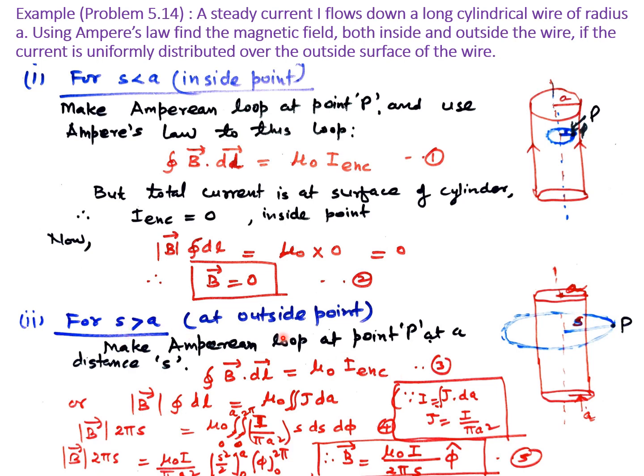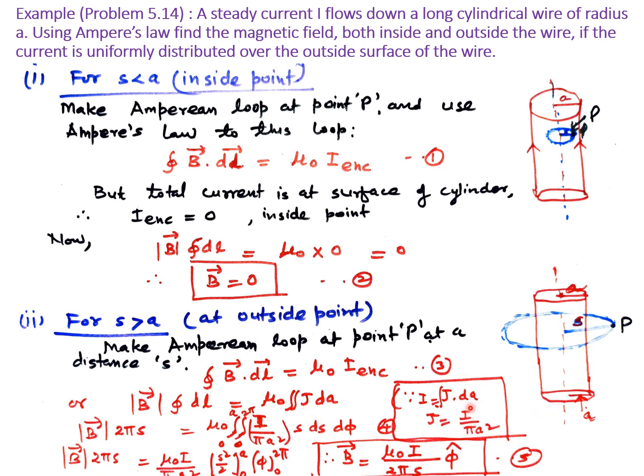And for s greater than a, meaning when the point P is outside, here we have to find the magnetic field at a distance s from the center of this wire. So in that case we will have to make the Amperian loop at point P at distance s. So again use Ampere's law, line integral B dot dl equal to mu naught into I enclosed, and here we can take out the magnitude of B, and closed integral dl equal to mu naught surface integral j dot dA. Mu naught can be taken out, and I enclosed is equal to j into dA, and j is